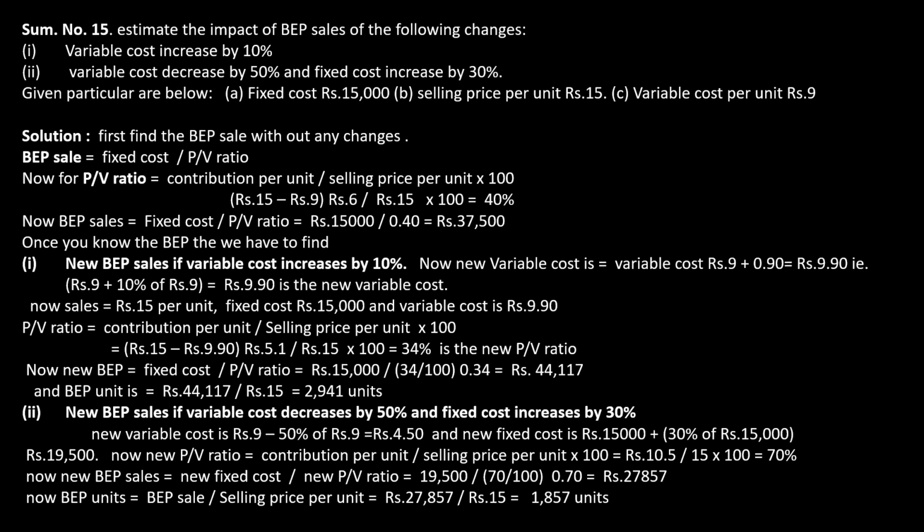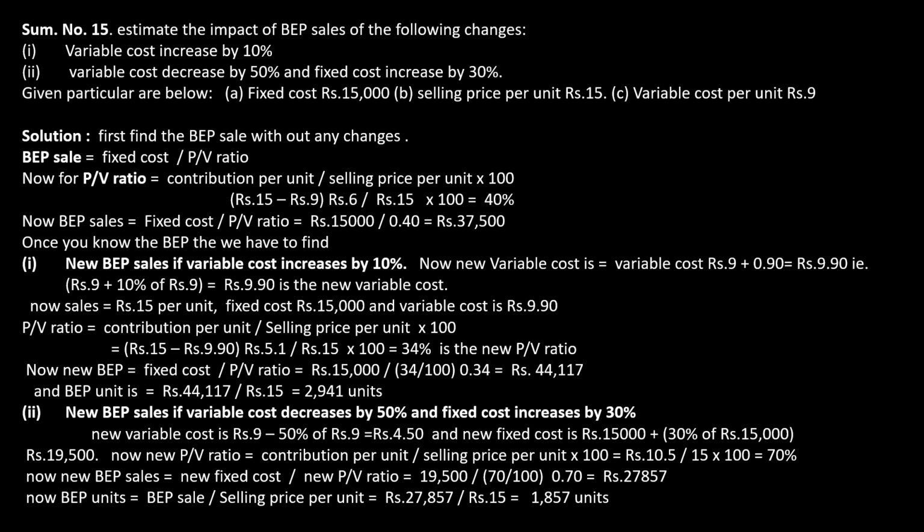So, whenever there's an increase in variable cost per unit, or whenever there's an increase in selling price per unit, or both a decrease, whenever there's a decrease in selling price per unit, whenever there's a decrease in variable cost per unit, the PV ratio will change. Okay. In all the other cases, the PV ratio will not change.